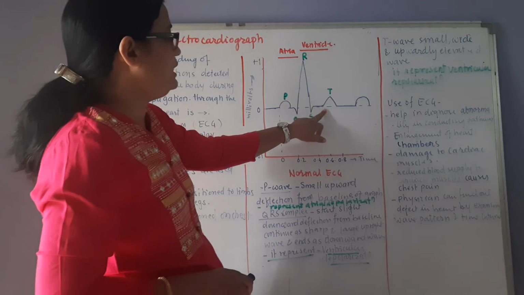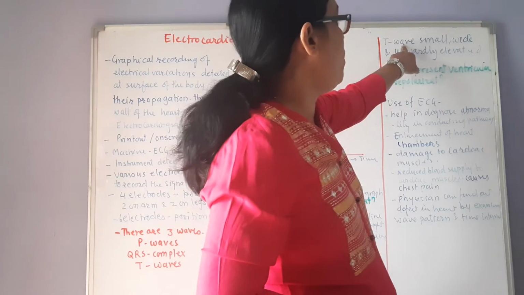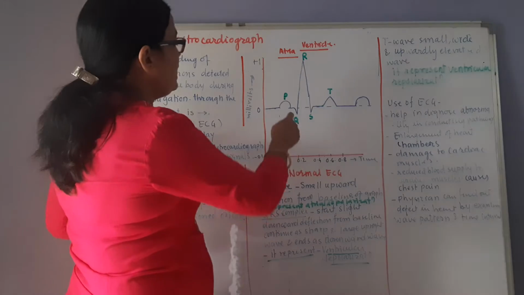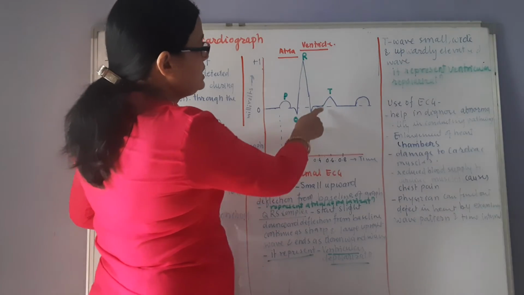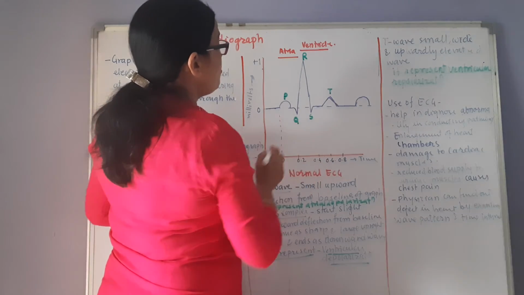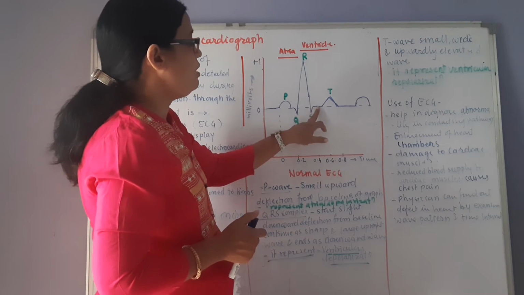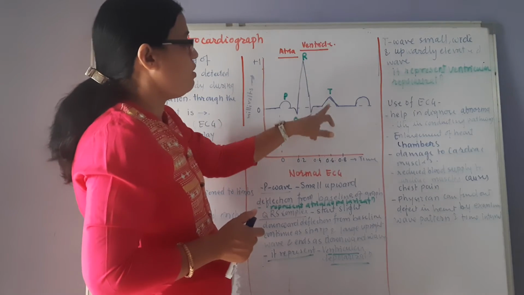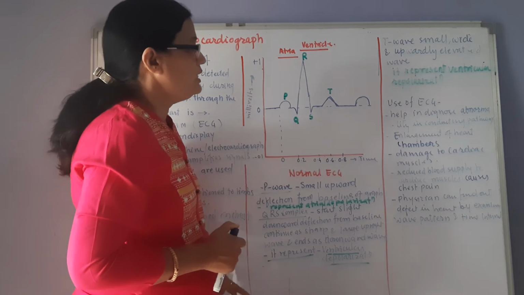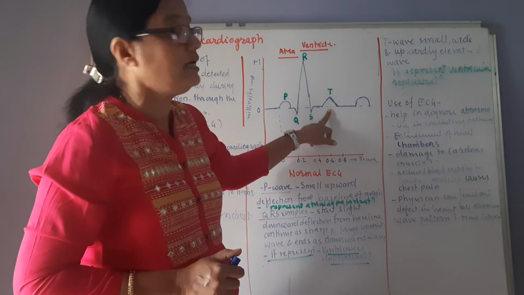And the last inclination is the T wave. The T wave is a small, wide and upwardly elevated wave. Compared to the P wave, it is more wide, and it is an upward elevation from the baseline. So it is a small upward elevation, not sharp and long. That is called the T wave, and it represents the ventricular